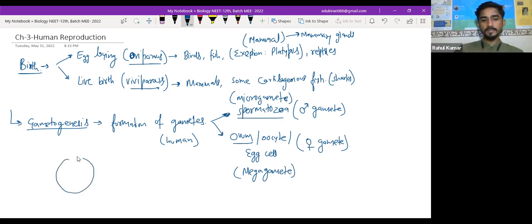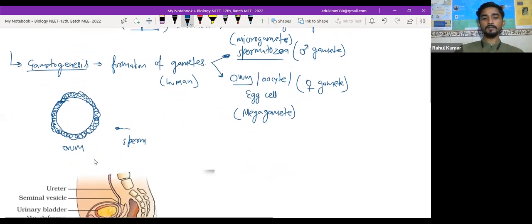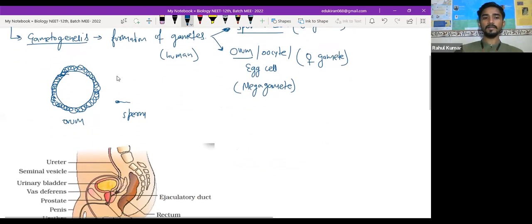So let's say this is the human ovum, and the ovum has a protective layer around itself. Then the sperm is going to be very, very small, like this. Okay, so this will be the sperm. Now you can see clearly this is big and this is very small. So these kinds of gametes, where one gamete is